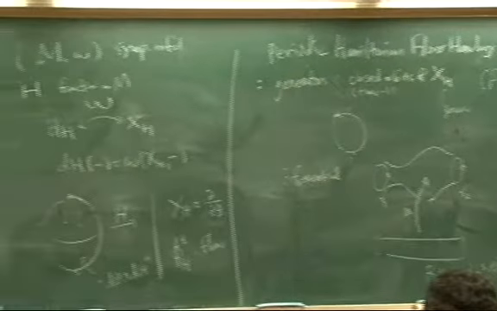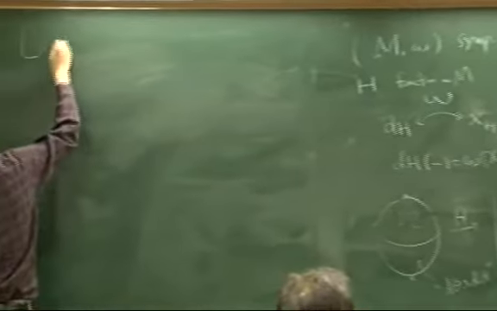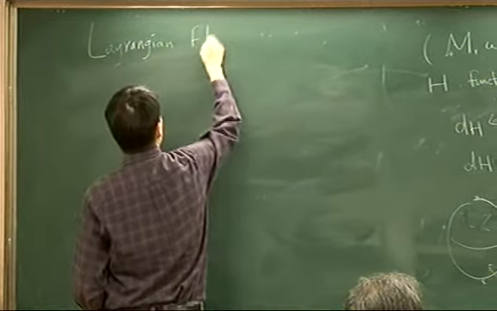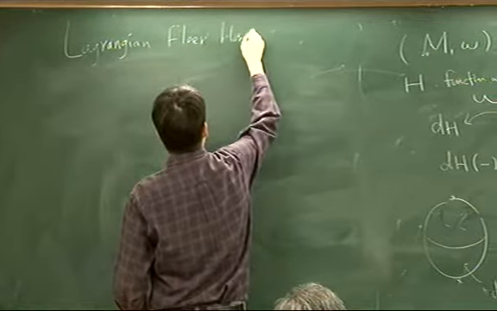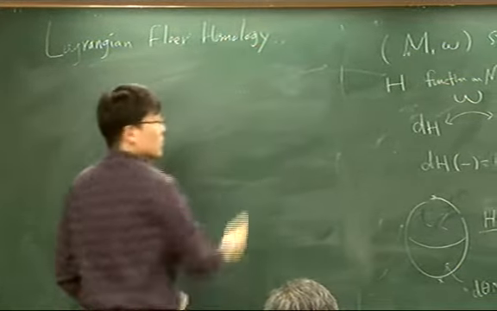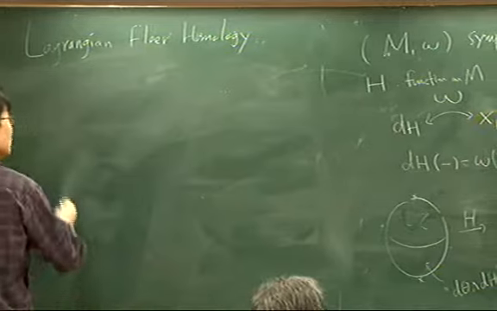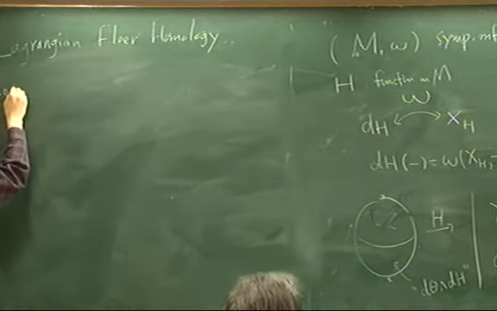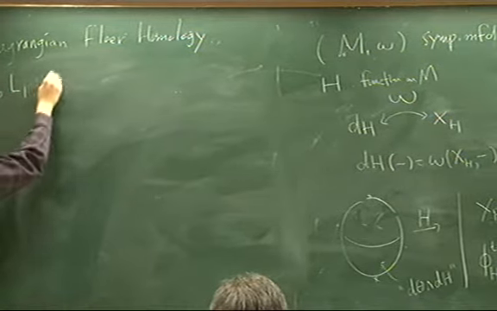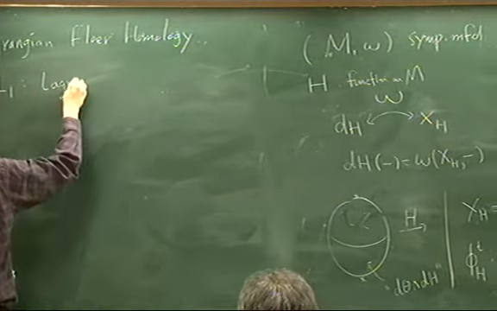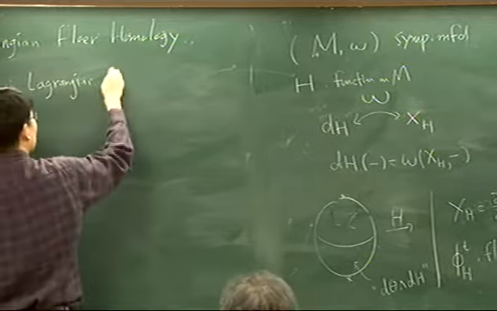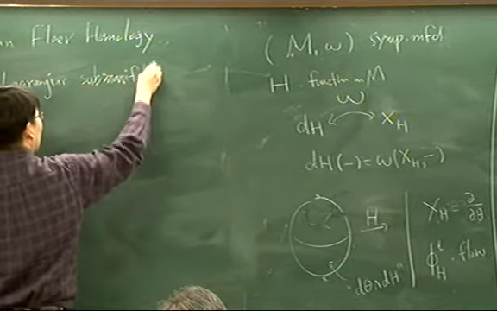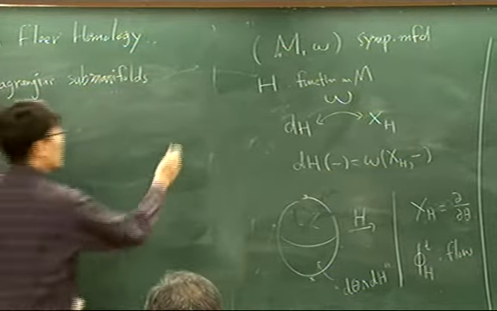So the version I want to talk about is Lagrangian Floer homology. In this case, suppose we have a pair of Lagrangian submanifolds L0, L1. Lagrangian submanifolds are just